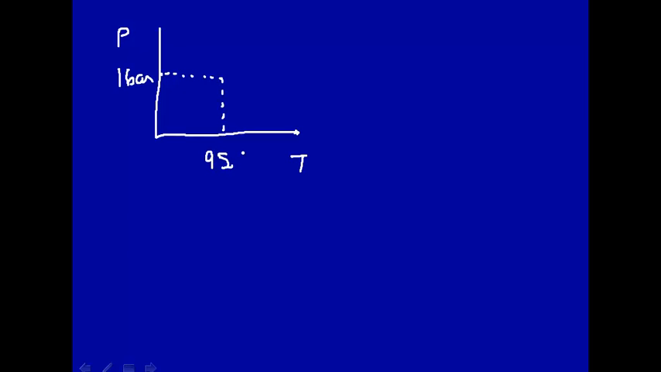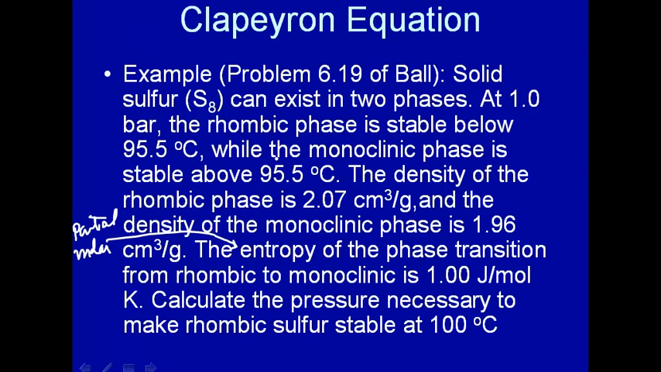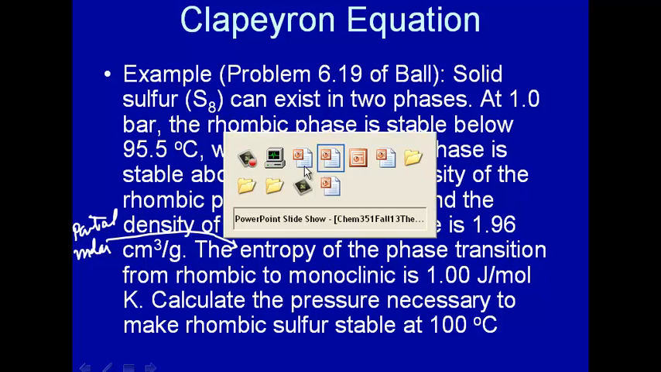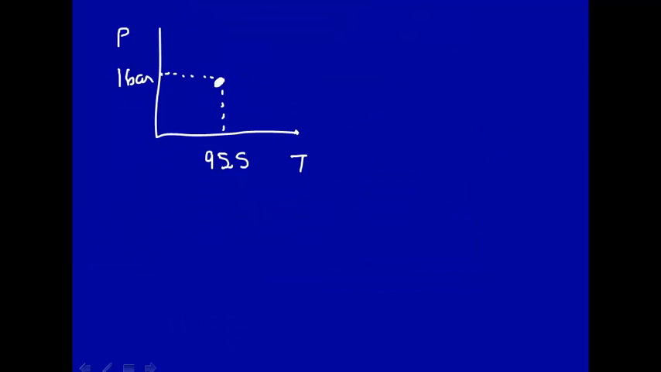All right, so let's draw the piece of the phase diagram that this problem is referring to. This is the pressure axis, and this is the temperature axis. We're saying at 1 bar and at 95.5, that's the phase transition. Why is that? Because below it you get one phase and above it you get another phase. So that's a point along the phase boundary, and let's draw this. Okay, there's a boundary. So over here below 95 at 1 bar you have the rhombic,